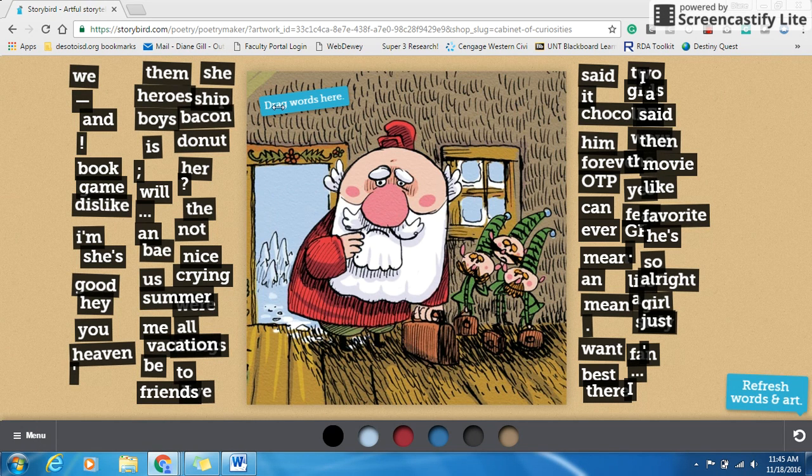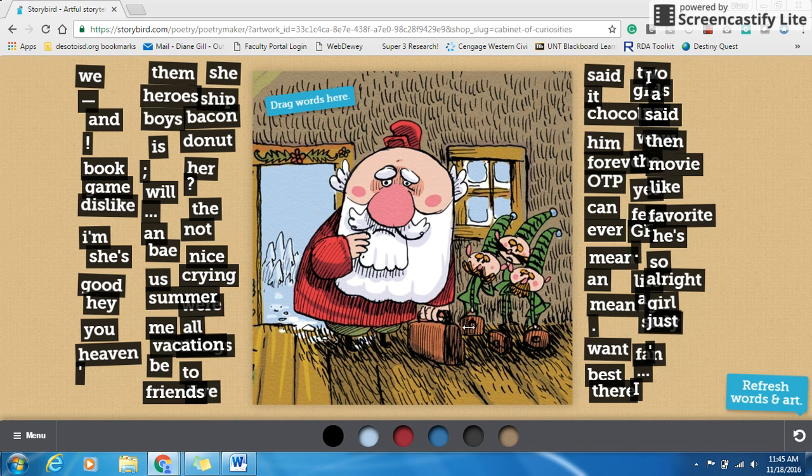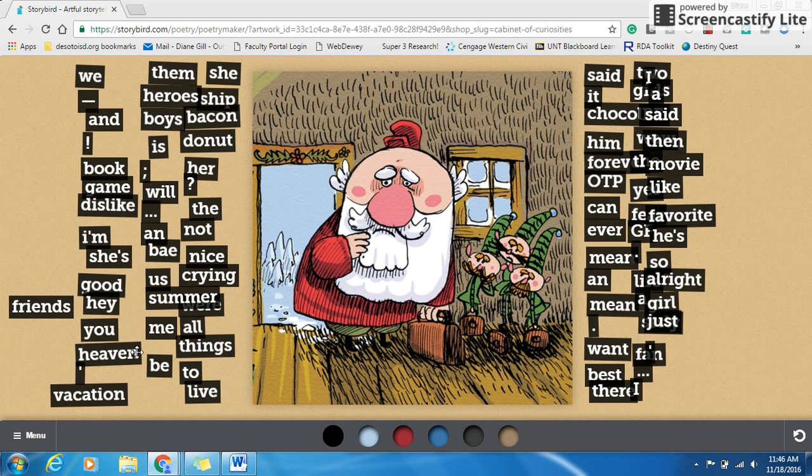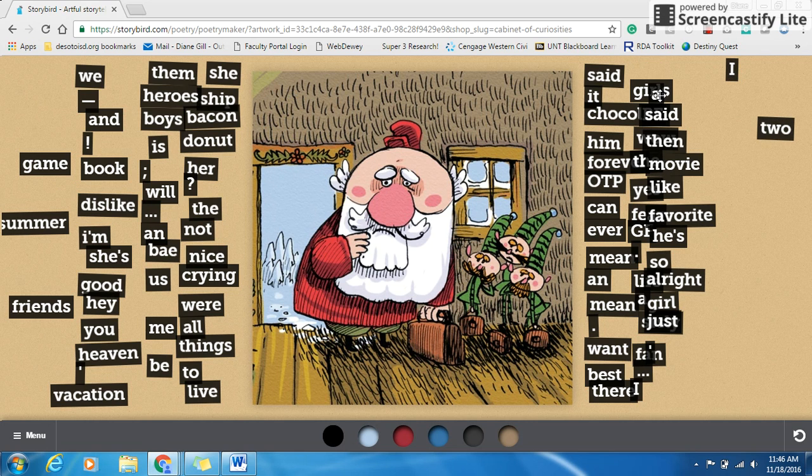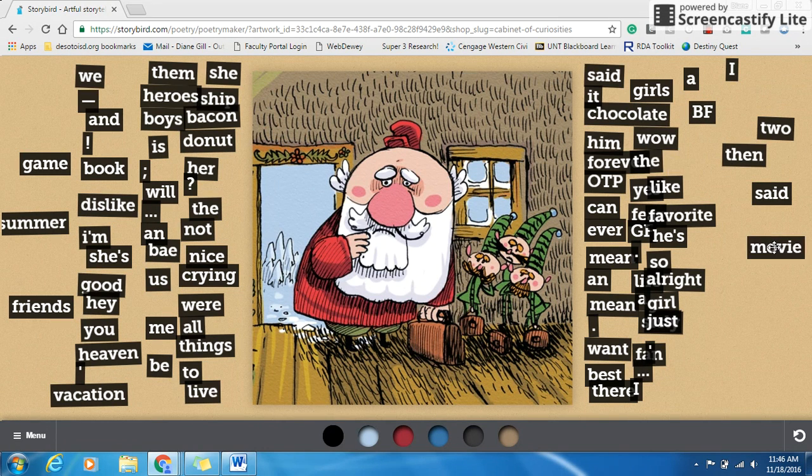And what your student can do is drag the words here to tell their poetry selection prior to them actually publishing, sharing, or printing their poem. So they can move the words around so they can have a clearer view of what the options are. And you can just put something like